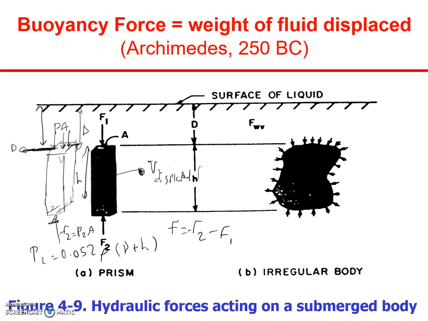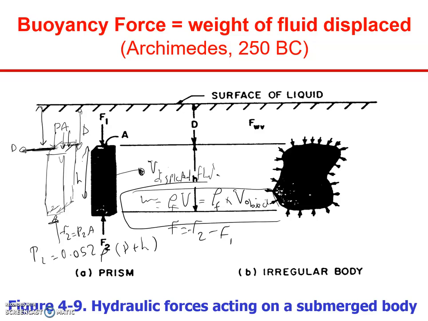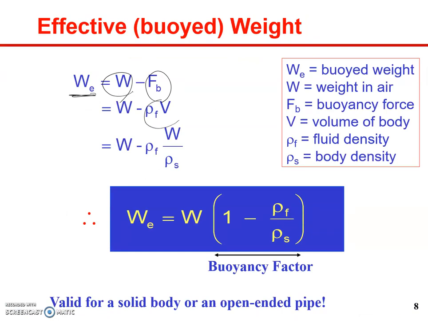The mass is equal to density multiplied by volume. So the density of fluid multiplied by the volume of the object, or displaced fluid, which are equal to each other, is called the buoyancy force. Makes sense? So buoyancy force is the density of fluid multiplied by the volume of the object, and W minus that